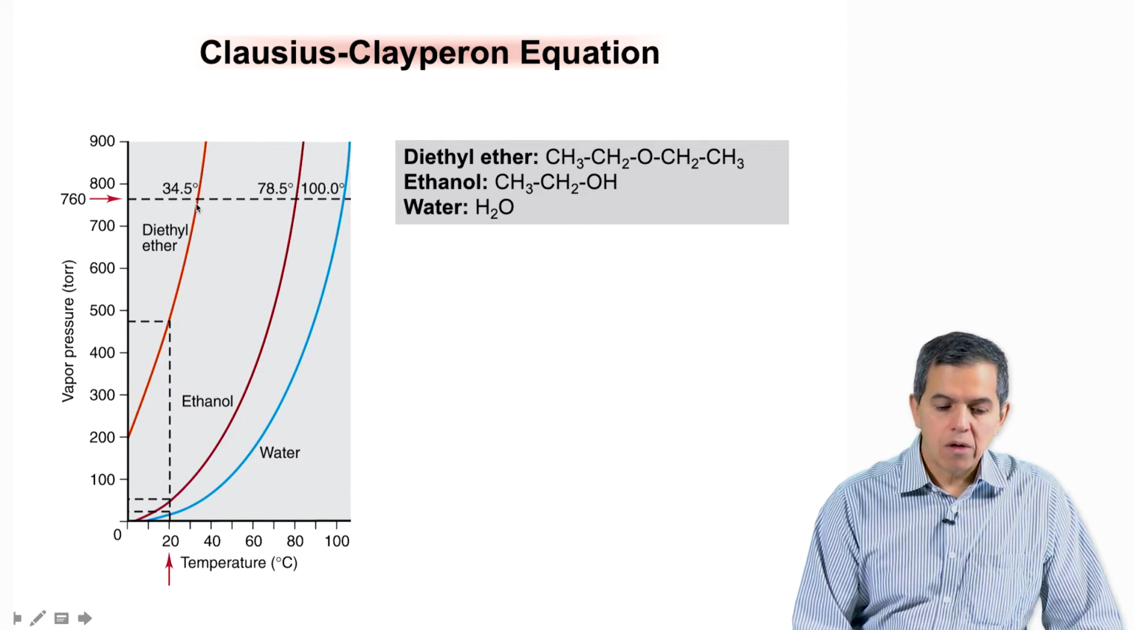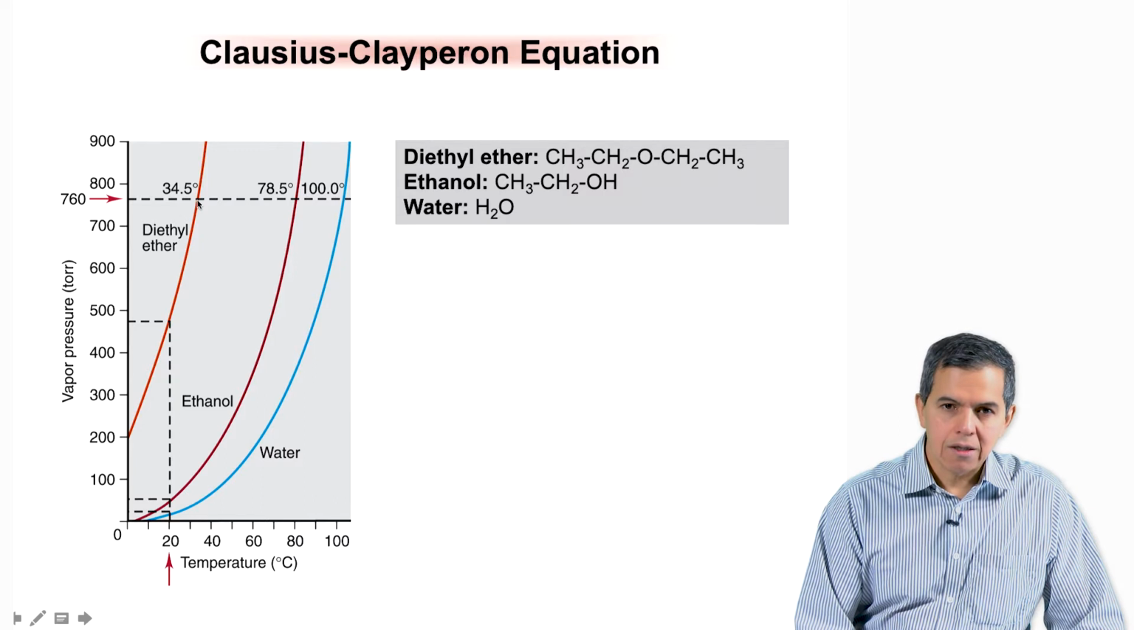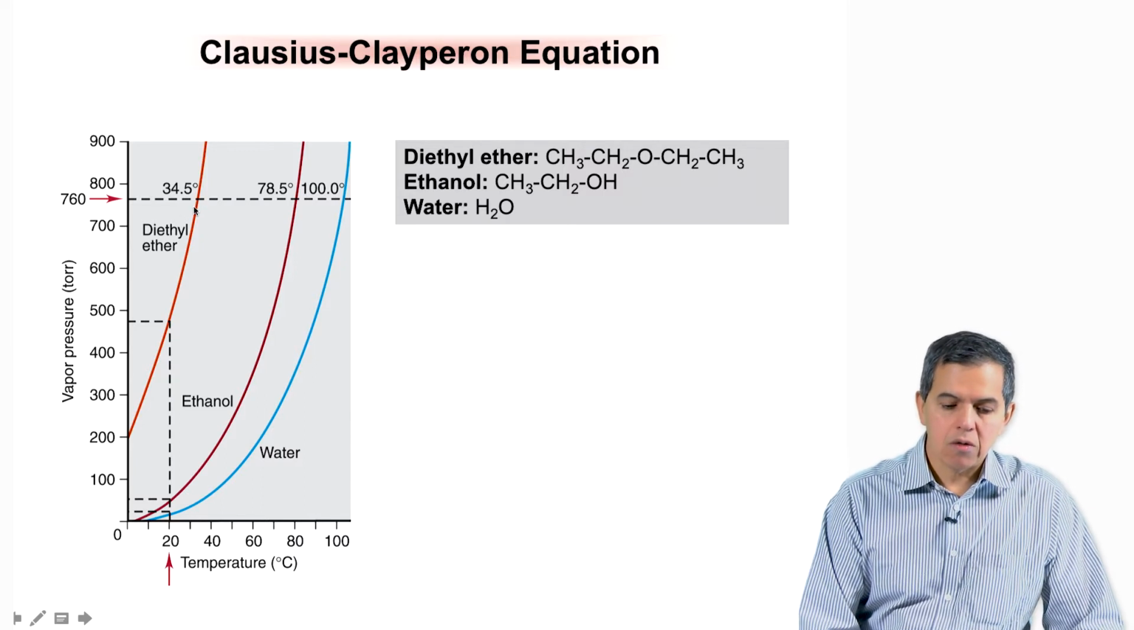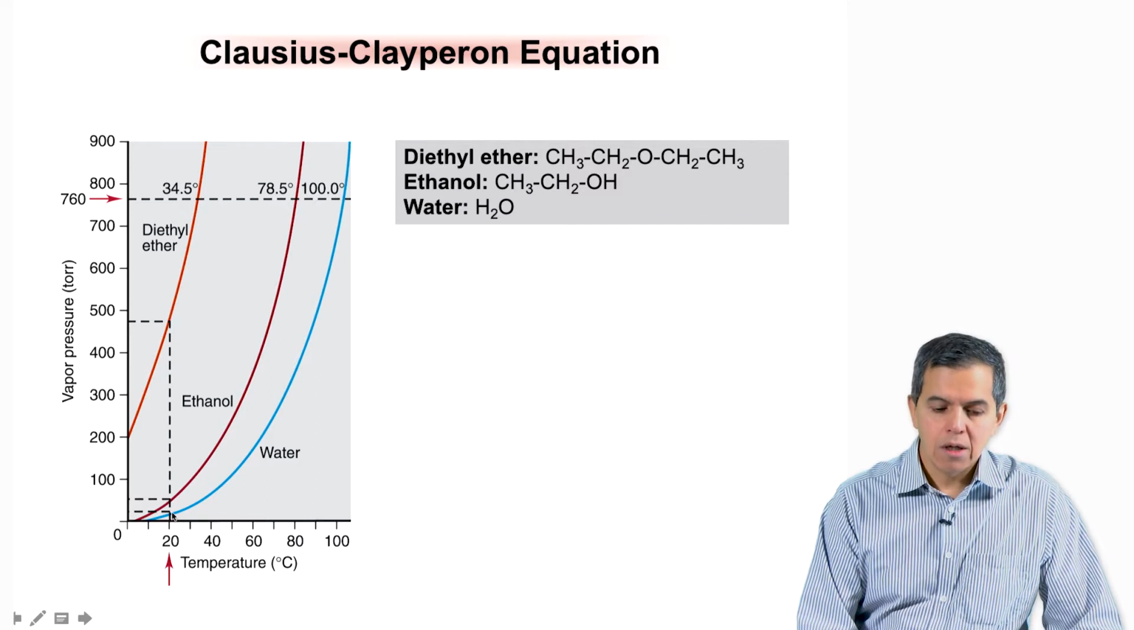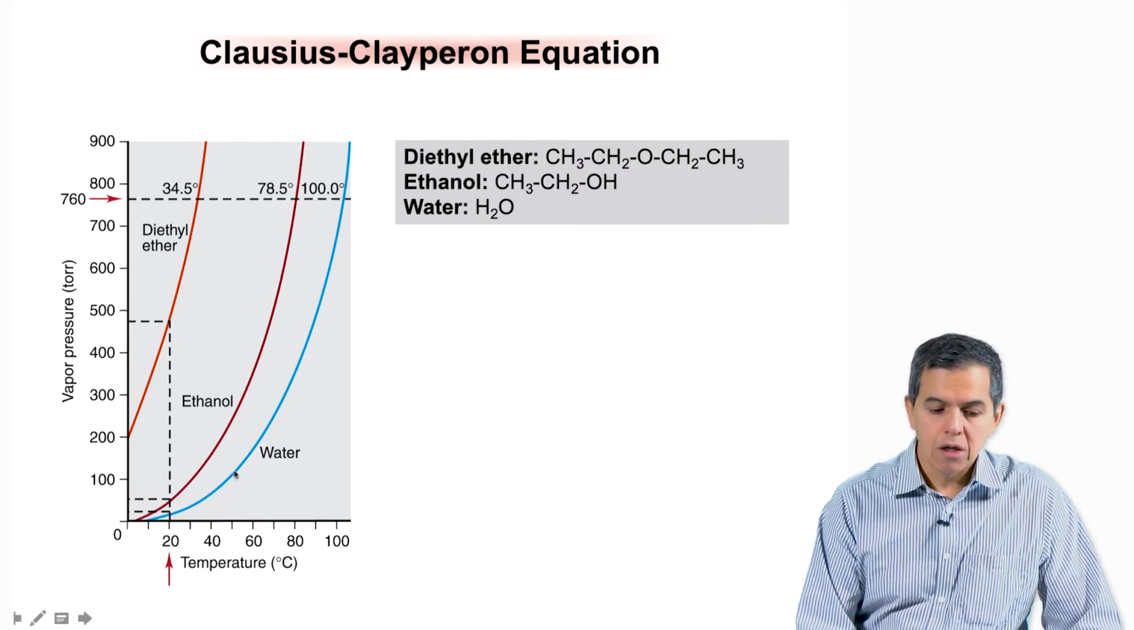The last component from this behavior has to do with how quickly the vapor pressure increases. As we can see in diethyl ether, it increases very rapidly. That indicates that the heat of vaporization is low. On the other hand, a substance like water takes much more energy to increase its vapor pressure as a